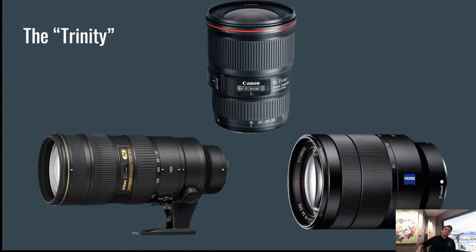Now this is what the Trinity looks like. So what I put on here, a Nifty 50 is one of them. That is what's supposed to be the bottom right corner, and I know it's not. It's a 24 to 70, I believe, but that's meant to be a 50mm prime lens. Again, in my opinion, because I'm a portrait photographer, I think it's the best way to go. Above that, you've got into 16 to 35. That's a great way to get a good lens that offers you just about the same amount that the 50 will do, but the 50 will be better for that portrait photography where you're taking pictures of people, whereas the